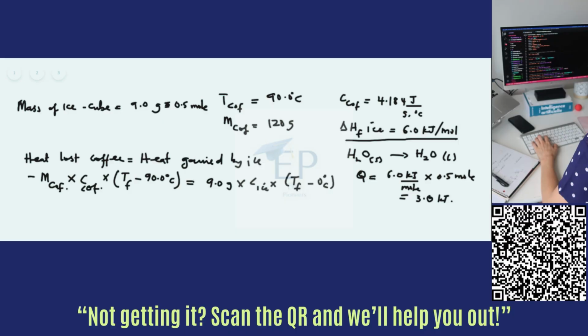Okay, so knowing this, it's going to be very easy for us to calculate delta T, because we know that this as a whole should give us this value, or we can say this as a whole should give us this value as well, but it's just going to be the positive. So what do we do? What to do would be to say that this is going to be